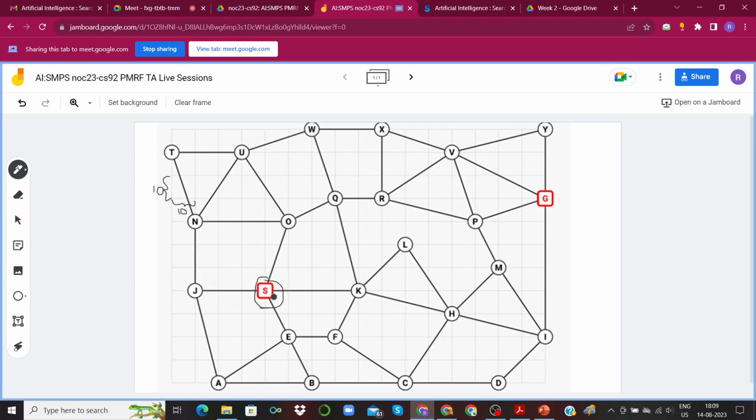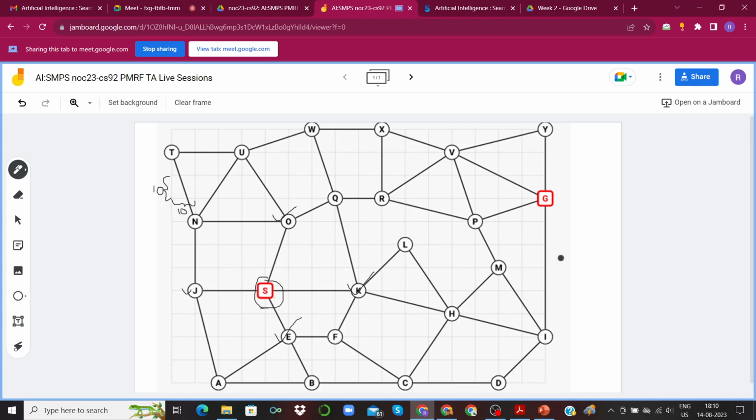If we are at S, we could go to E, J, O, and K. The move gen table will have all these E, J, K, and O as the candidate nodes we could go to from S, but the order of these would be decided by the alphabetical order. That is one assumption that is probably not given in the question, but it's what I am telling you. So that is the order that we are going to follow.